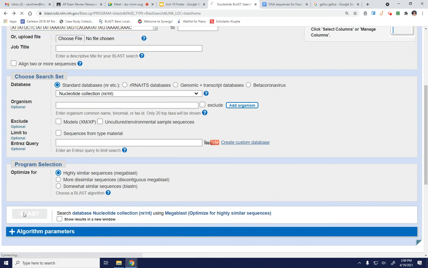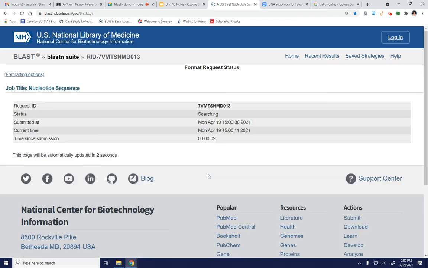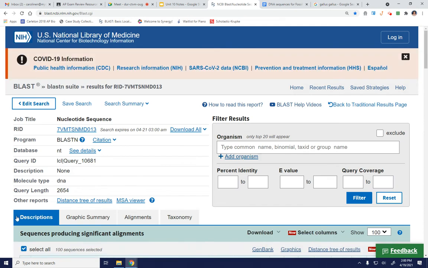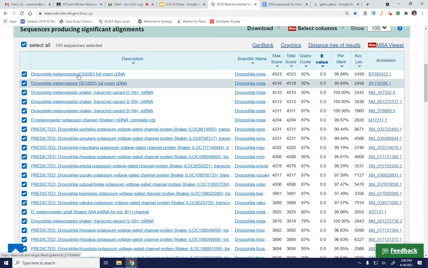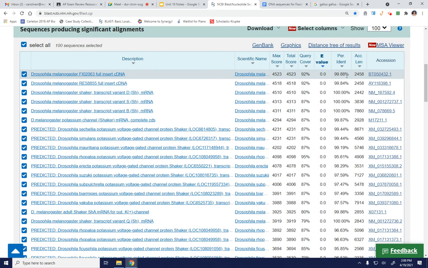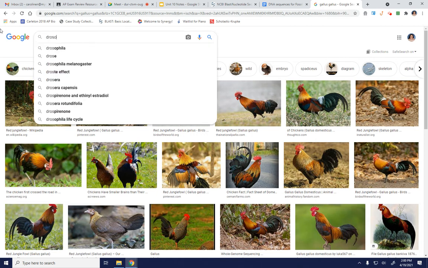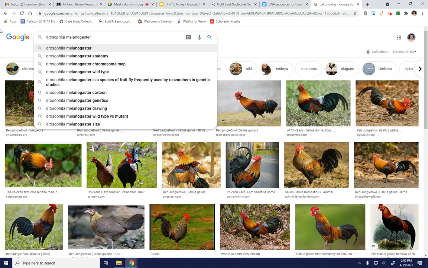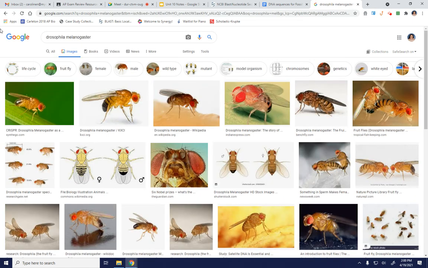So we'll blast sequence number 2. Give it a minute to run. So sequence number 2 gives us 99.88% identical to a Drosophila melanogaster. Do you know what that is? We've talked about these before, not that long ago. It's a fruit fly. So now you can go back to your tree again, add a letter C where you think this should be placed. Knowing what you now know,